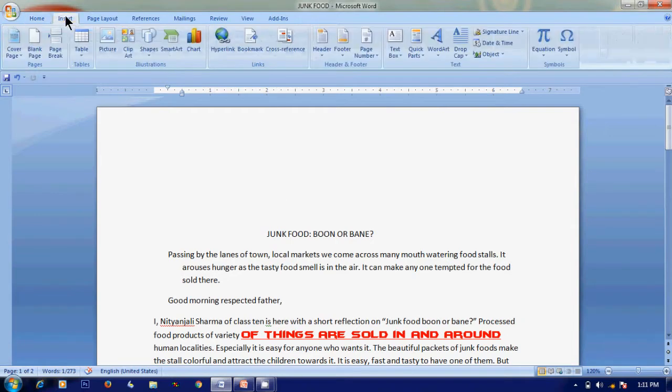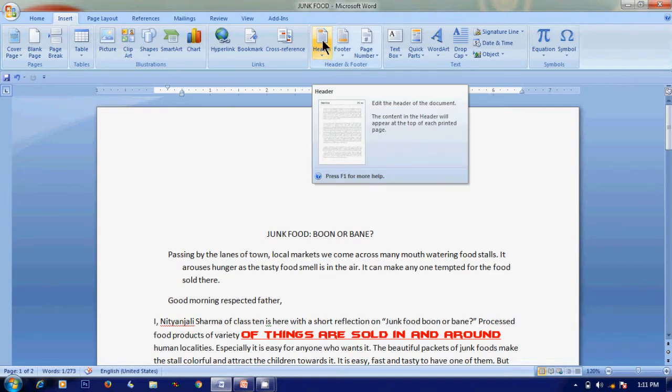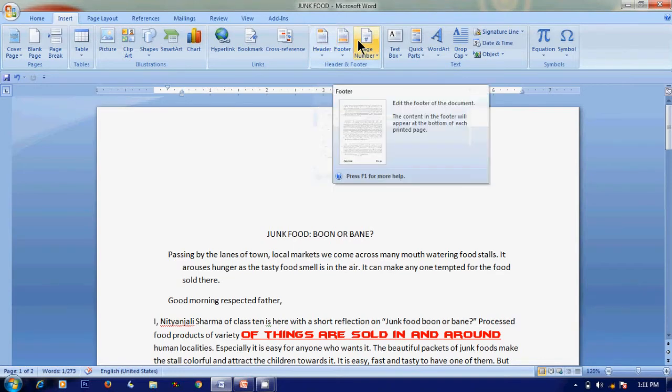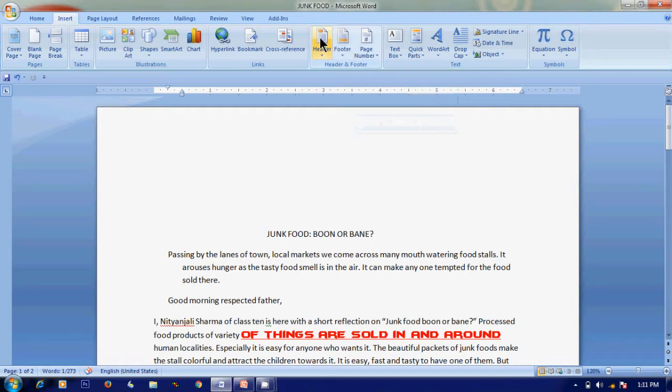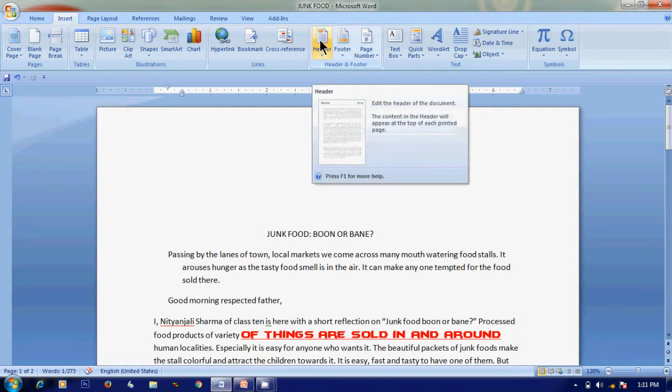So Insert, and here you can see the header option is there. You can click on this header option. You have got a footer option and you have got a page number option. So what do you want? You want a header. So just click on header,